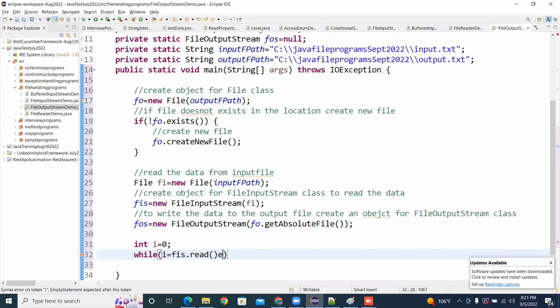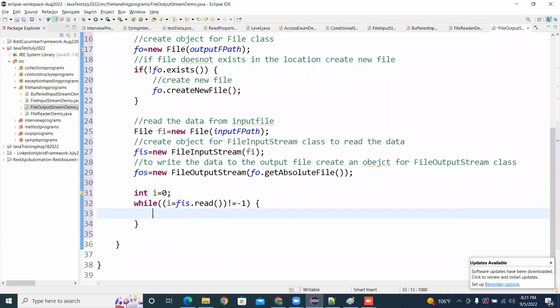method, I'm reading. So not equal to -1, okay, not equal to -1. Until it is not equal to -1, you keep iterating. Not -1 means last line. Last line means empty line. When the empty line comes, the -1 is reached. If -1 is reached, then it's false. Not -1 means until then you keep reading and then update it. So now you can convert that to a character and write that. Maybe you can write directly to write the data. You can give this i directly,